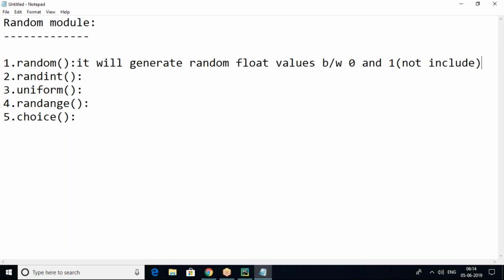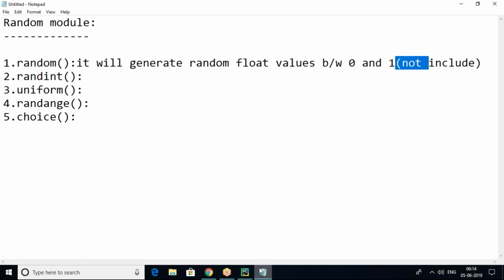That means 0 will not be included, 1 will not be included. In the generation of random numbers, 0 and 1 are excluded. It will generate only random float values between 0 and 1.